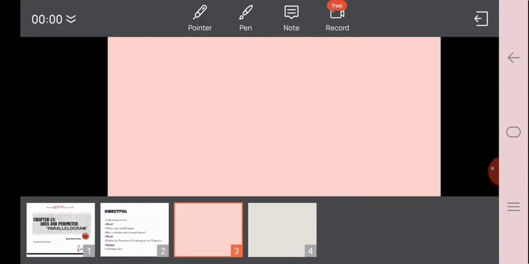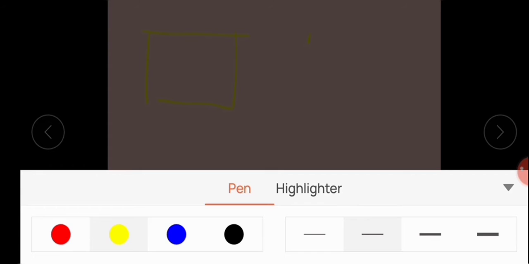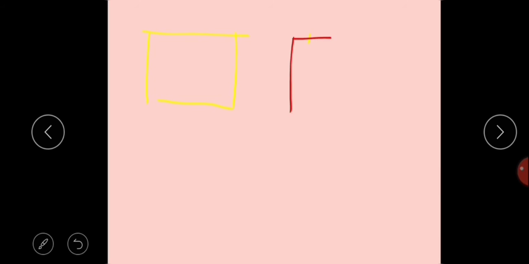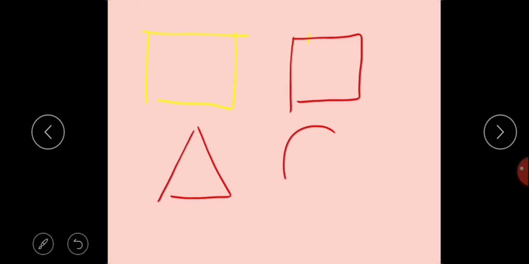So you all have learned about different shapes. You might all know that we have a rectangle shape, we have a square shape, we have a triangle shape, we have a circle shape, and so on. So other shapes which you have are actually made up of these shapes, which we're going to look at today, that parallelogram and trapezium. You will explore that they are actually made up of any one of these shapes.